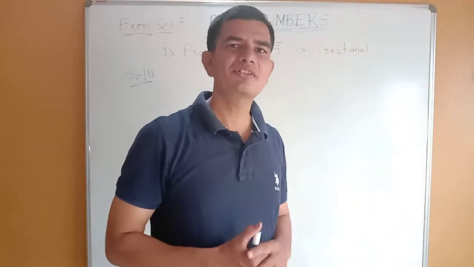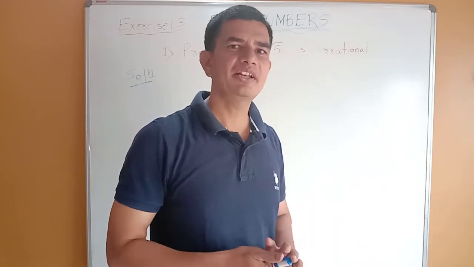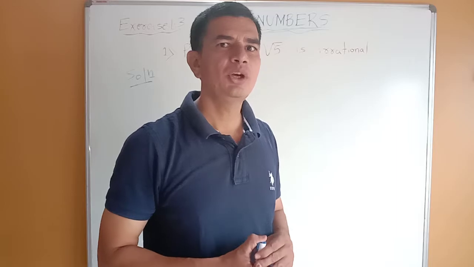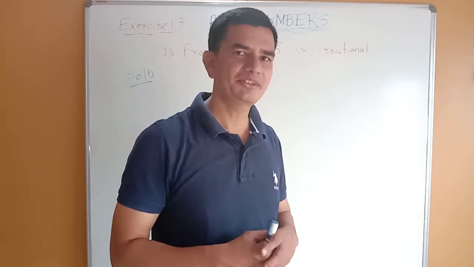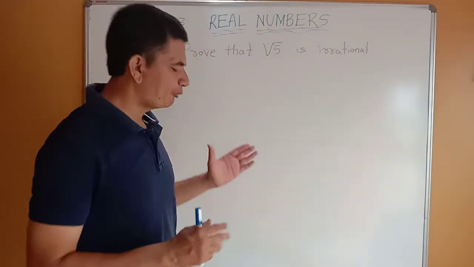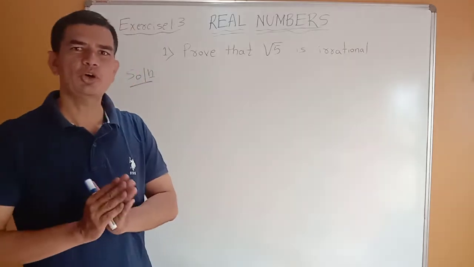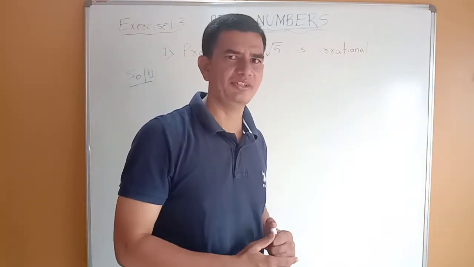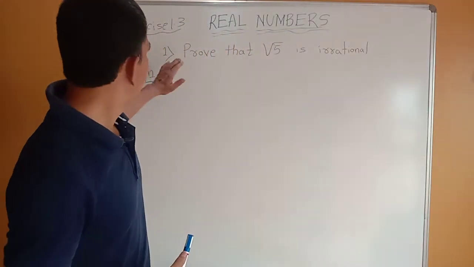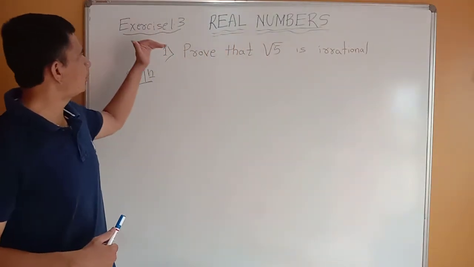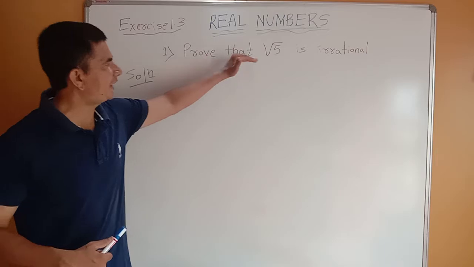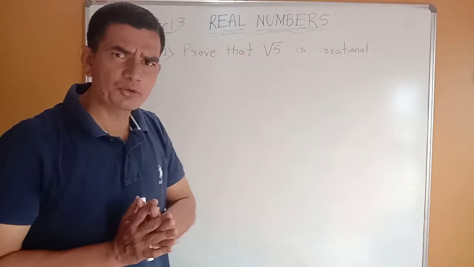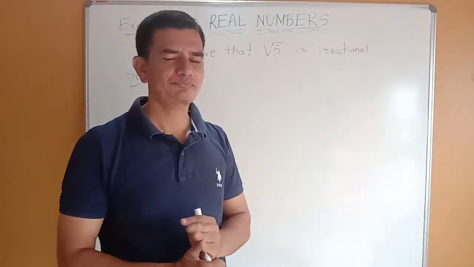It is regarding maths. Today I am teaching 10th NCERT syllabus. It's real numbers, exercise 1.3. Exercise 1.3 is very important because in board exams they are definitely going to ask 4-mark questions. So, question number 1 in exercise 1.3: prove that root 5 is irrational. We have to prove that root 5 is irrational.